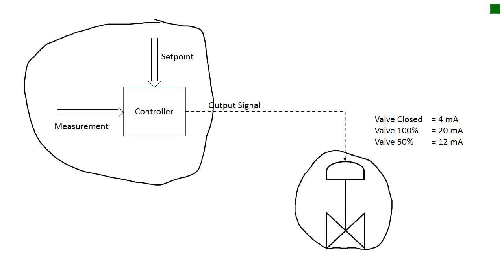Our process, we need to make a measurement so that we know whether or not we need more steam or less steam. And so let's say, for instance, we're measuring the temperature of our process. So I have a thermocouple or some other similar device that measures the temperature of my process. And so I measure the temperature,